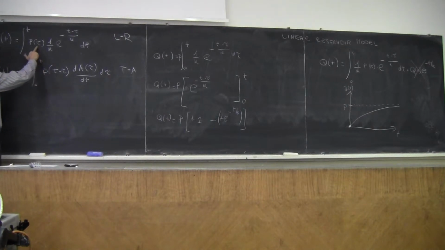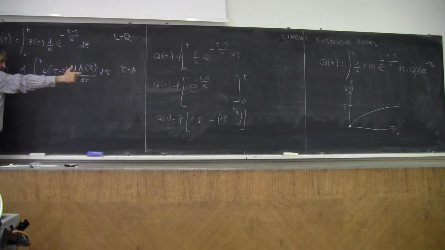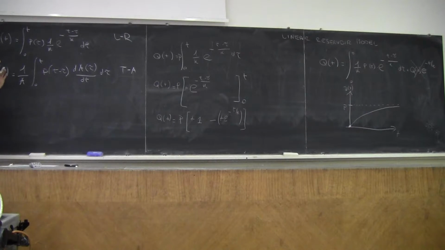So here, in the summation that you obtain, if you express the integral in a finite form, you have rainfall that is starting from time 0 and then reaches time t. Here you have rainfall that starts from time t and then goes back to time 0. So it's just the order of the elements that you sum that is changed. But it doesn't change anything from the physical point of view.